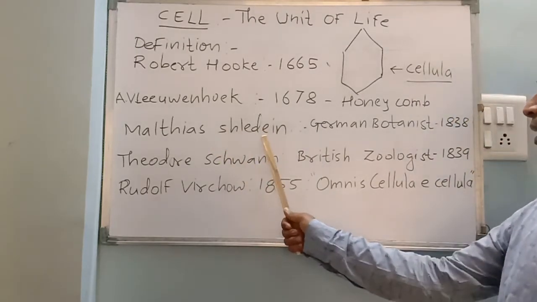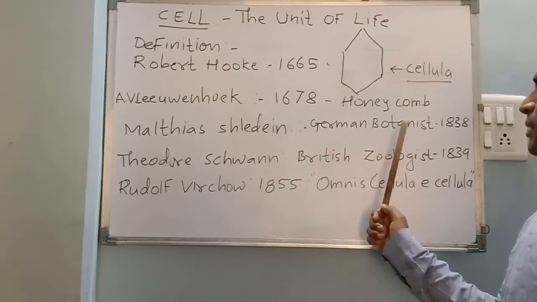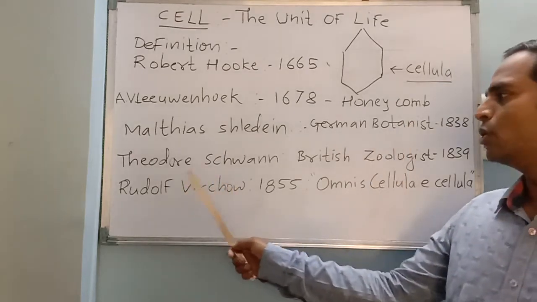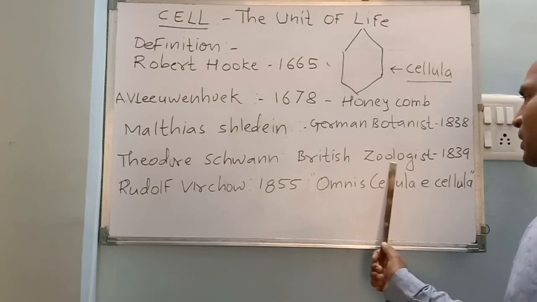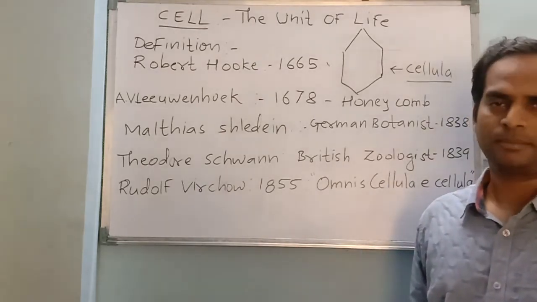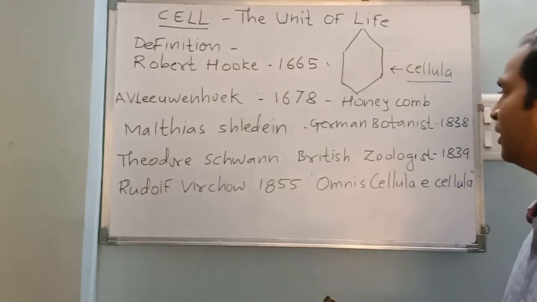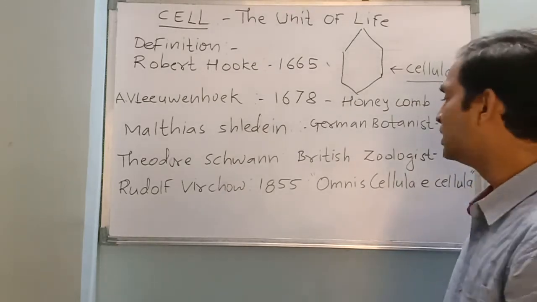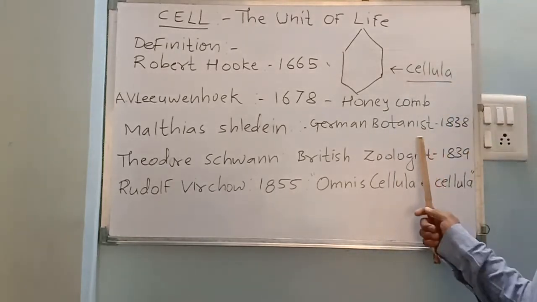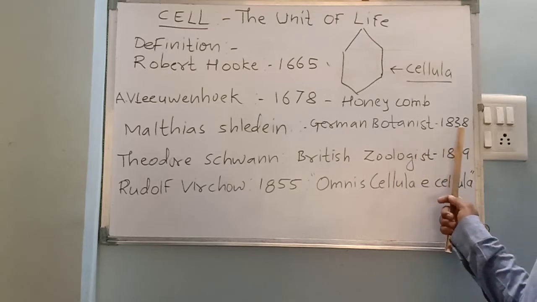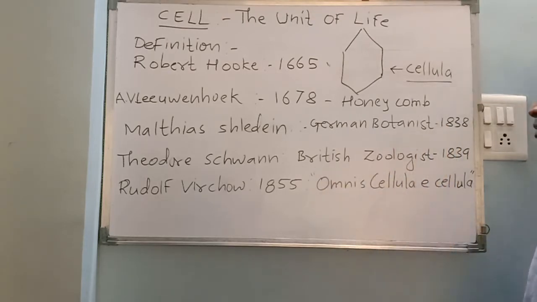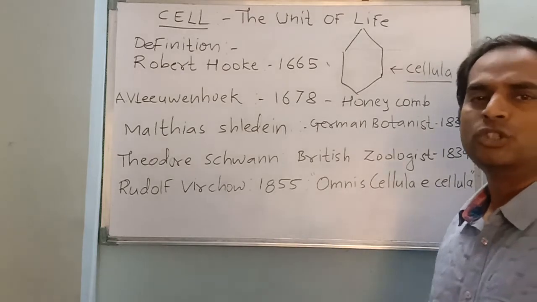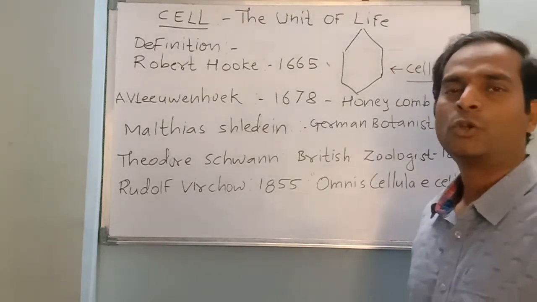So Matthias Schleiden was a German botanist. He studied plant cells exclusively. Whereas Theodor Schwann was a British zoologist who particularly studied animal cells. Both were from different countries, studying cells independently. One was studying plant cells, the other animal cells, in different years too. Schleiden was studying plant cells in 1838 and Schwann was studying animal cells in 1839. But when they studied independently, they came to some common conclusion,